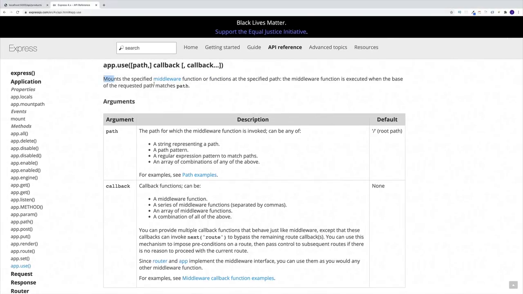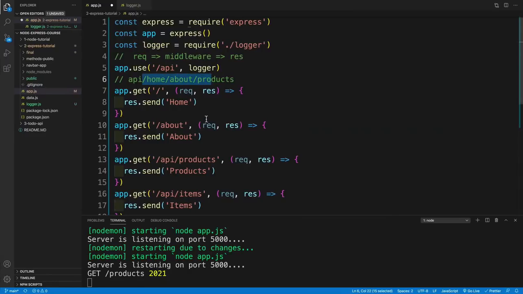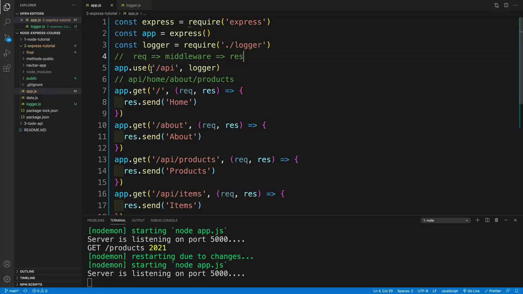So this is going to be our base. And then whatever comes after will still invoke that middleware function. And if you omit the path, then it's just going to be applied to all of your requests. So if I were to remove the path, now it's going to be applied to home,